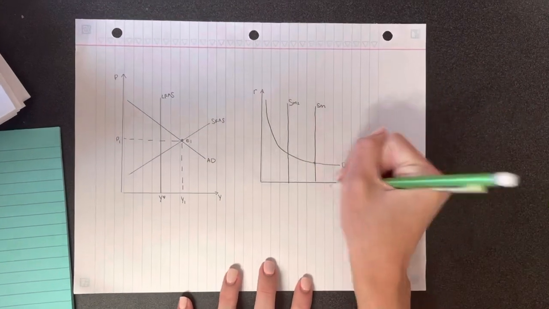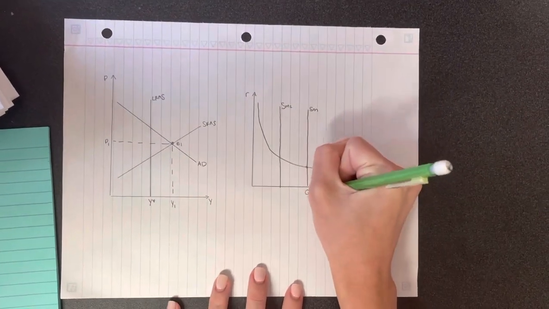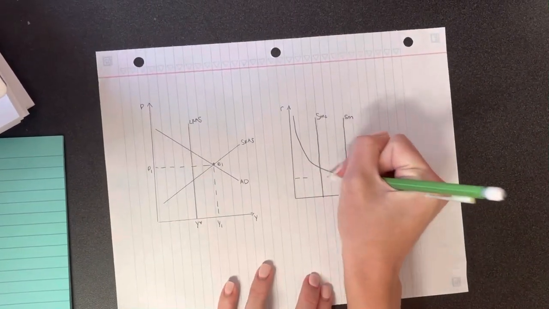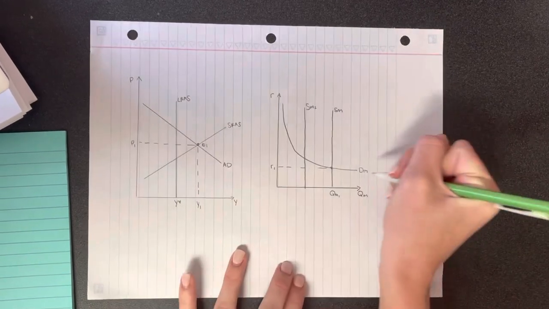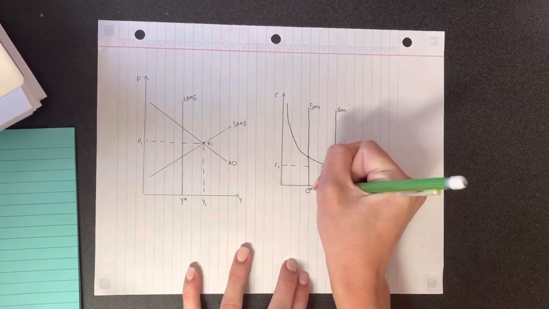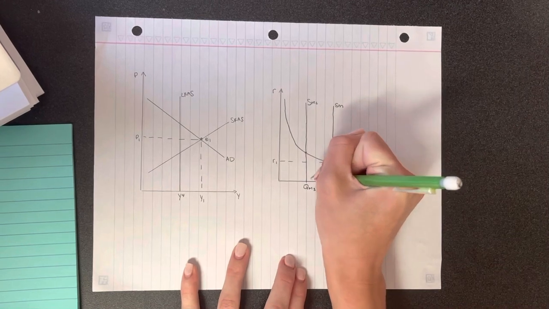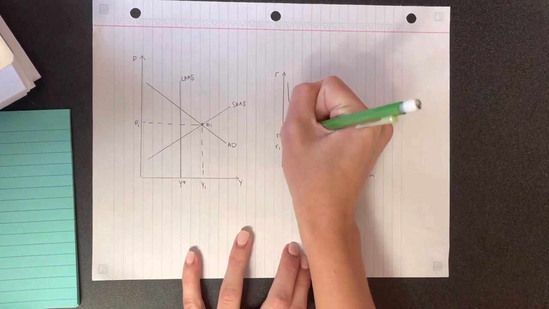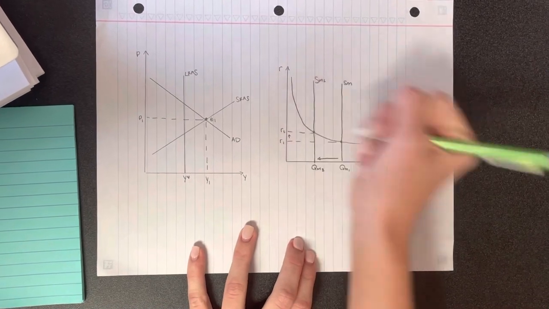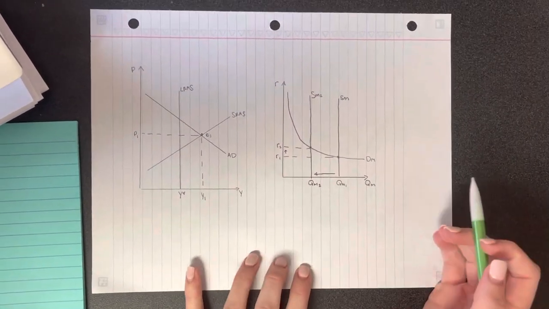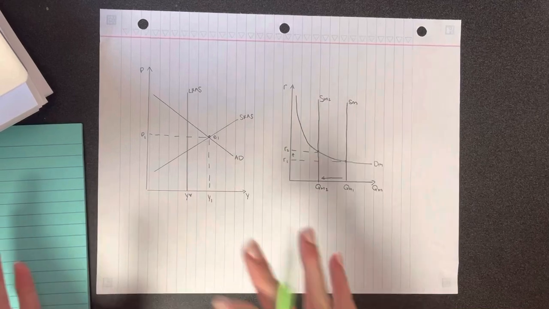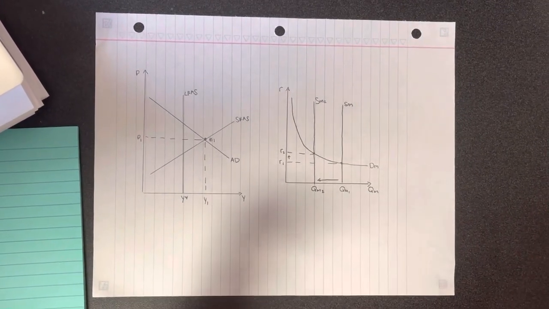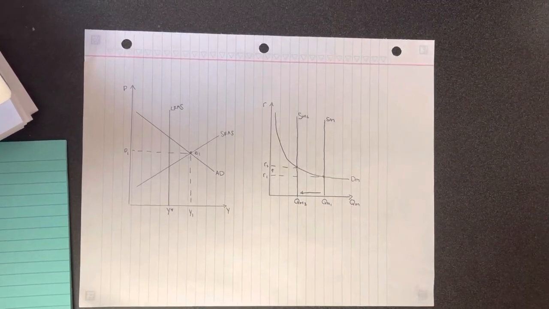So right here we had our original quantity of money 1 and our original interest rate. And now with this new one, we have a new quantity of money 2. So you had a decrease in this, and then an interest rate 2. So you had an increase in the interest rate and a decrease in the quantity of money. So because of that increase in the interest rate, the consumption and the investment is going to decrease,